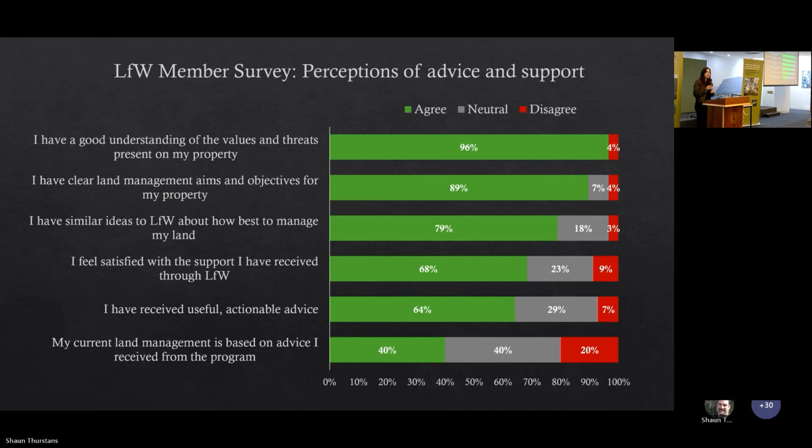Two thirds of people said they felt satisfied with the support they've received through the program and that they've received useful and actionable advice. But only 40% of people agreed that their current land management practices are actually based on advice that they've received from Land for Wildlife. Whereas 40% were neutral about that as well, and 20% disagreed. So those last three don't sound super positive, but one big thing I will say is that many of